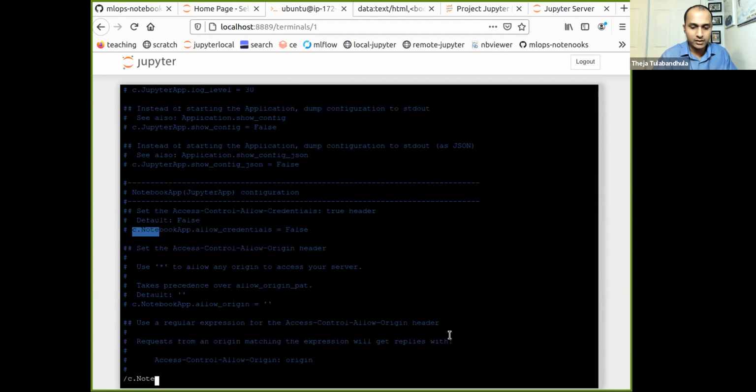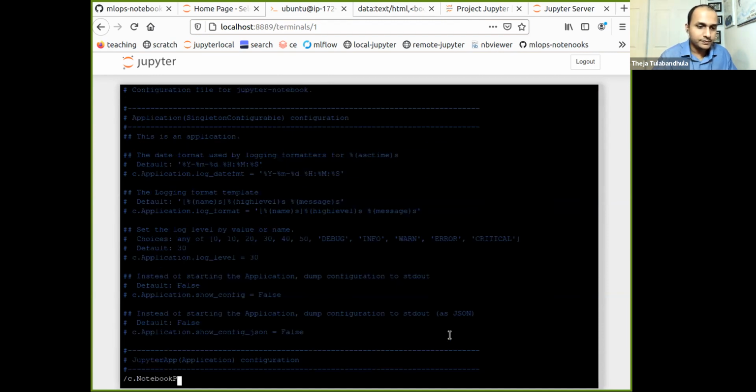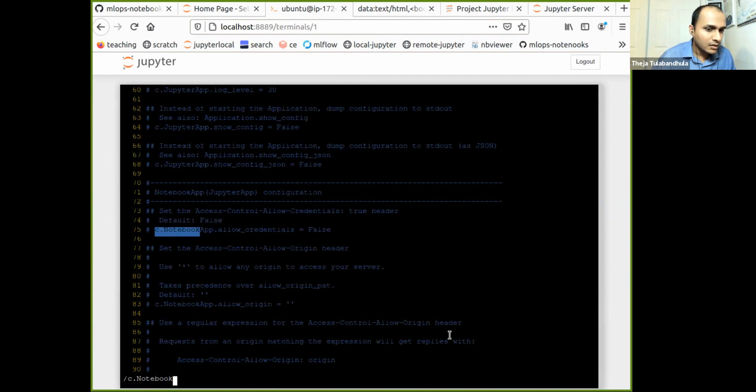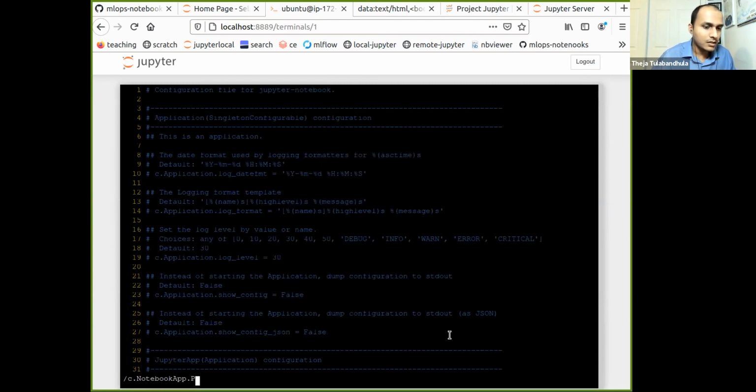Notebook. Sorry, this is even bad for me because I'm not able to see the colors. Let me set the numbers first. Okay, what I'm going to do is find it. It's not passwords, is it?